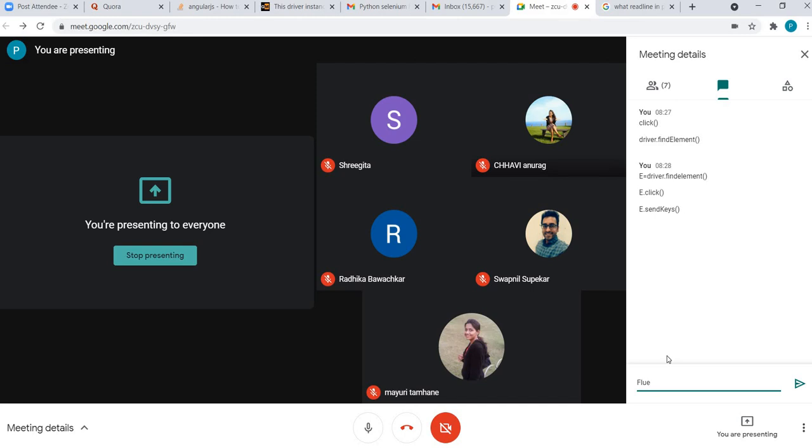This time interval after which it checks is called polling time, which is by default 500 milliseconds, means half a second. So if you want to increase it, or mention what the polling time should be, we can mention that in the fluent wait.